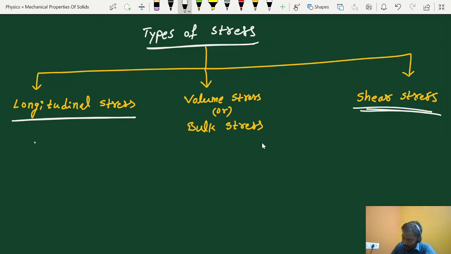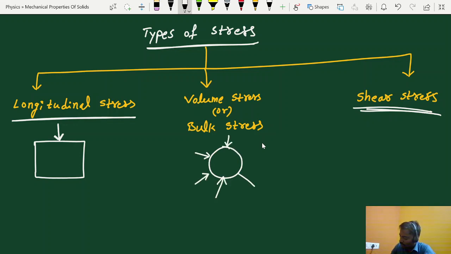Say for example, if this is a solid body, and the force is acting perpendicular, either pushing force or pulling force, whatever it is, and in this case equal normal force is acting throughout the area, total volume. And in this case, if the force acting is along the tangent or parallel to the surface, the stress acting on it is known as shear stress. And see students, here